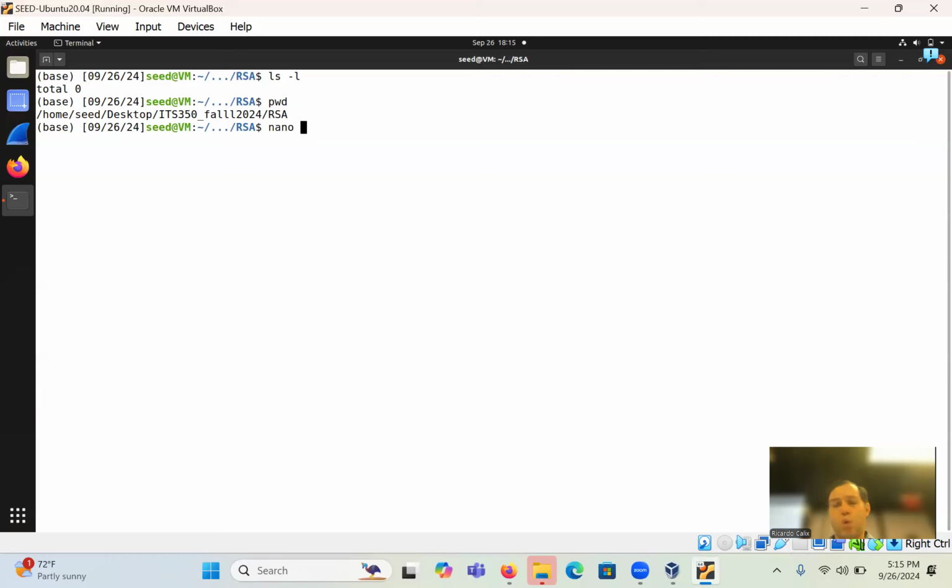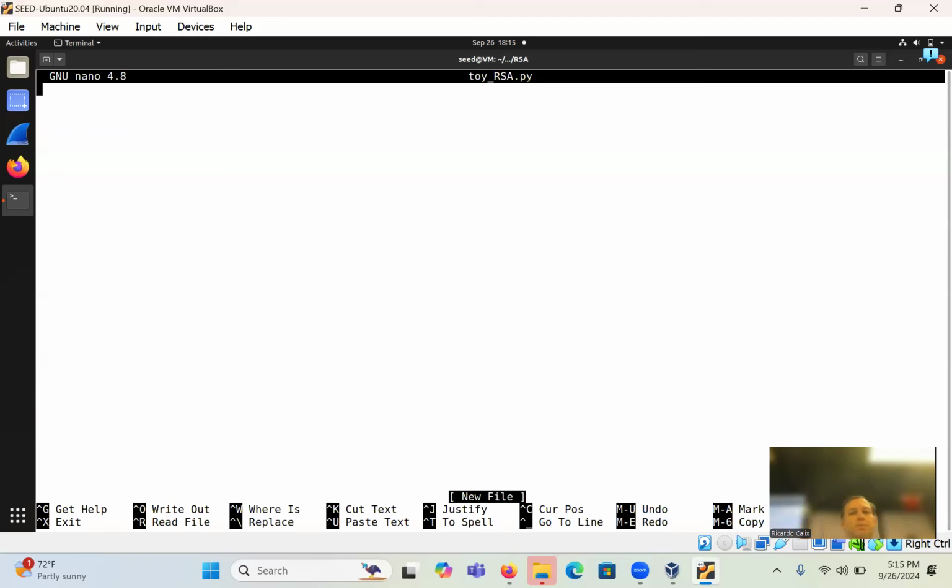So I'm going to call this toy RSA. It's literally just very simple, just so that we become better acquainted with the basic logic of this. It's going to be some functions, the mod operation, etc. And then, of course, there's way more that needs to be added here. So we don't need libraries for this because we're building everything from scratch, except maybe a random function, etc. But let's create,